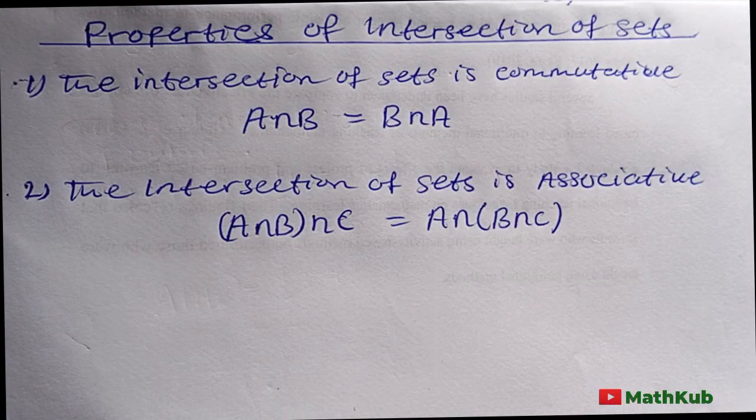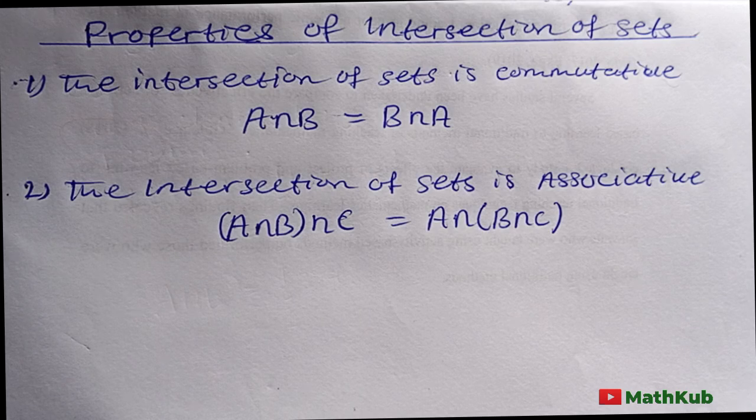Let's talk about the properties of intersection of sets. Number one, the intersection of sets is commutative. Yes, A intersection B is the same thing as B intersection A. Now the second one, intersection of sets is associative,